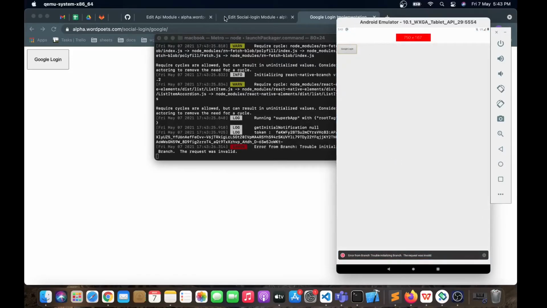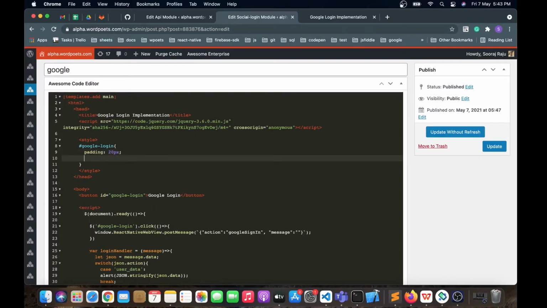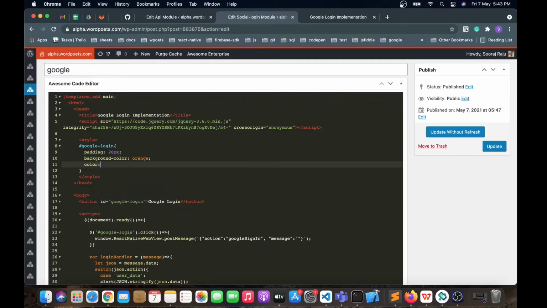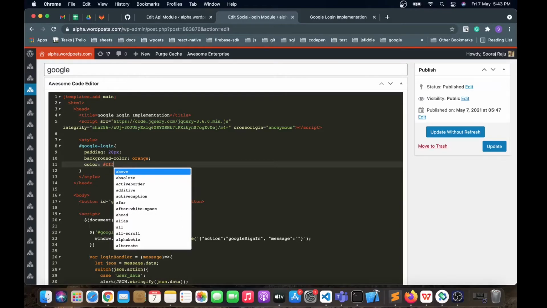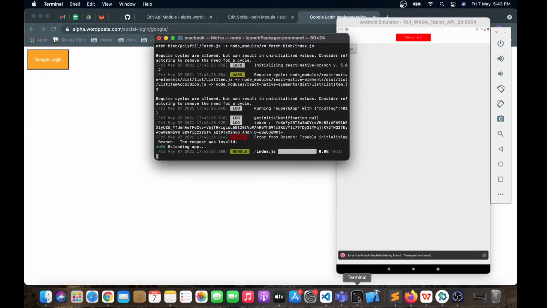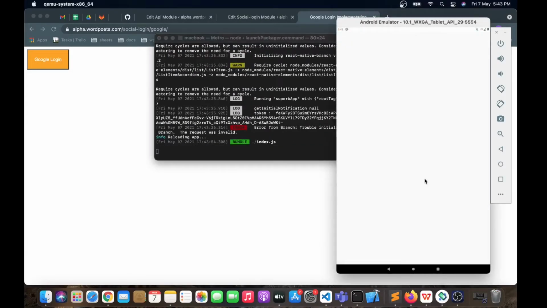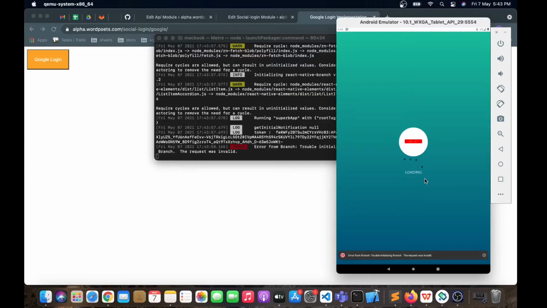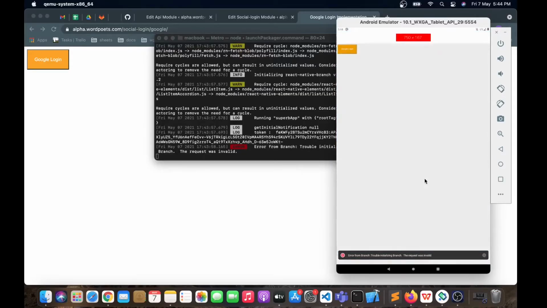I hope you can see this. Okay, let me add some background color as well. Yes, I think you can see this orange button.